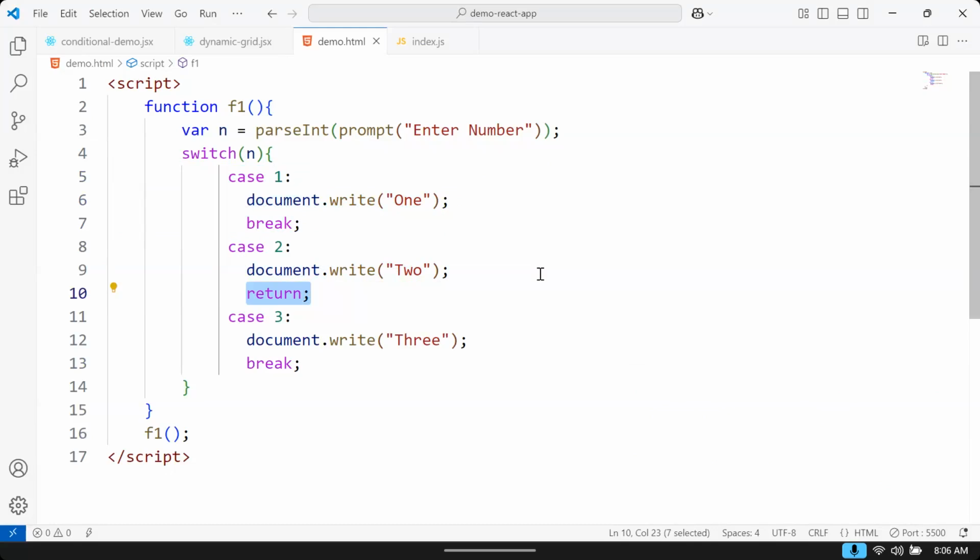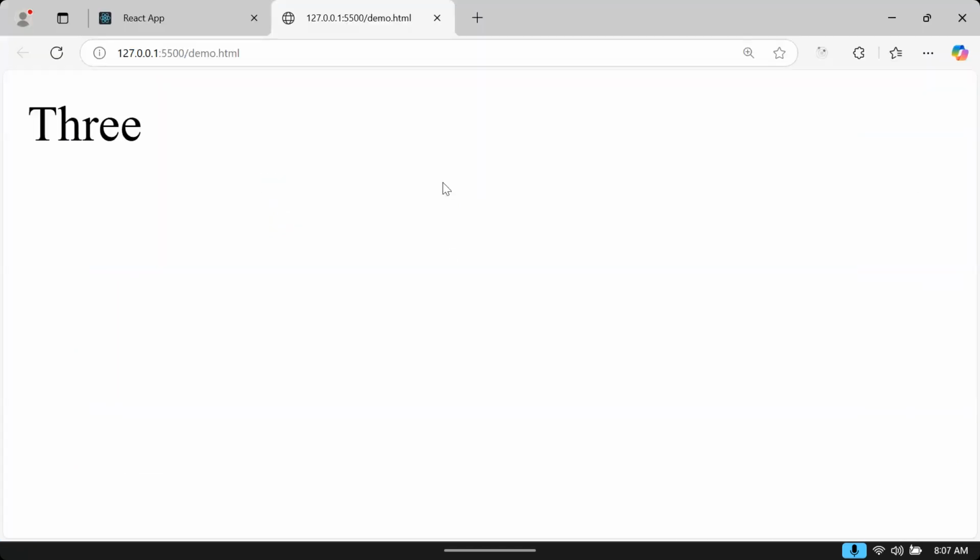Return terminates the compiling. So if there are no more statements to execute, then use return. If you still want to continue after this with other statements to execute in a function, then you use what? Break. You know that anything after return is not reachable to the compiler, right? For example, you can put the debugging and you can see. If you want to prove this point, then let's